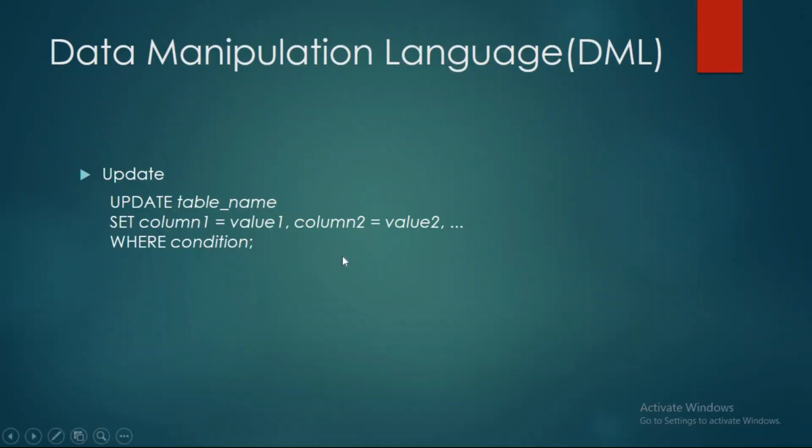Now let us learn the second thing, that is the update command. So the update command is used to update the data which was already pushed into the table. So the syntax of update is update followed by the table name, and then you will be using the set. So you are setting that particular value of a column where the particular condition is met. So here you will be using update table name student, and if you want to update the column 1 name to Vijay, you'll be setting column 1 equal to Vijay where name equals Vidya. So let us try that out.